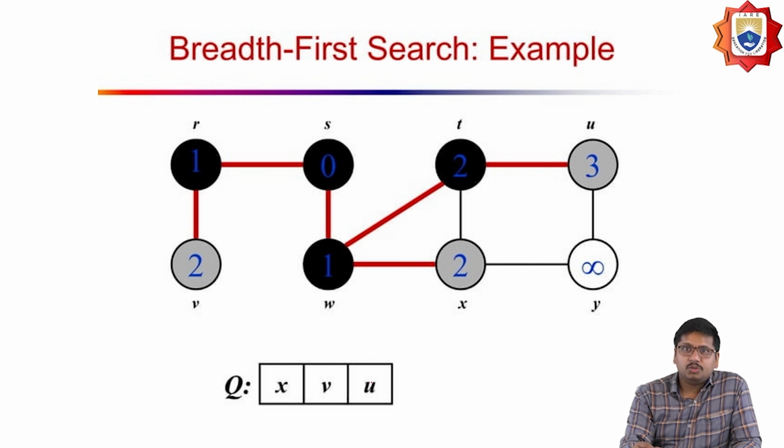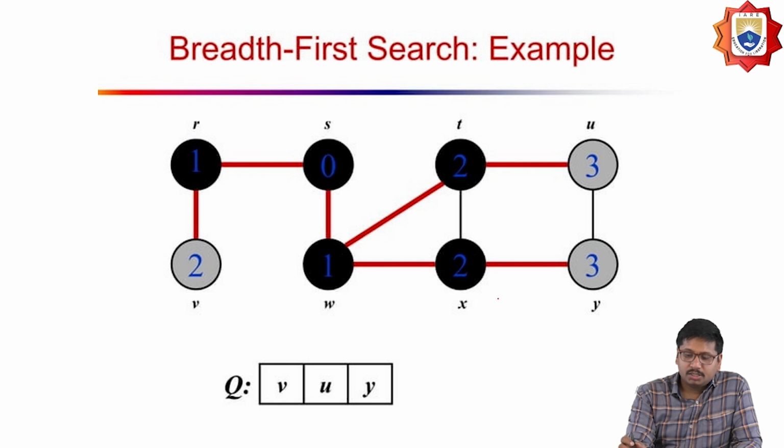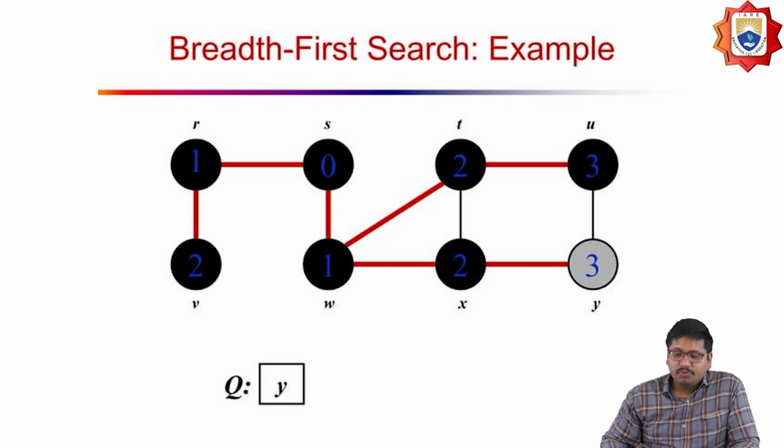So what is to be done? U and X is going to be pushed onto the Q. So for T, I'm going to say U and X and V is there. From T again I have to find out what are the vertices adjacent to X, that is Y. So Y is going to be pushed onto the Q. And then V, there are no adjacent vertices, the leftover vertices U and V. So V is also visited and Y also visited, the Q is there, and this should be the resultant